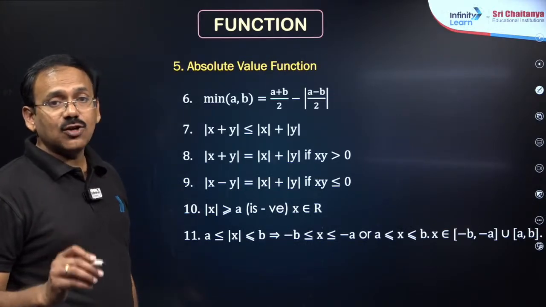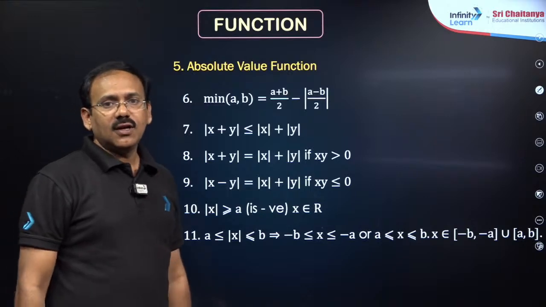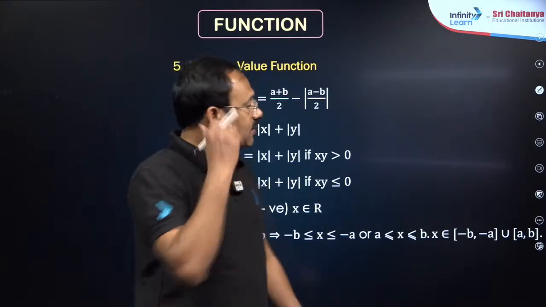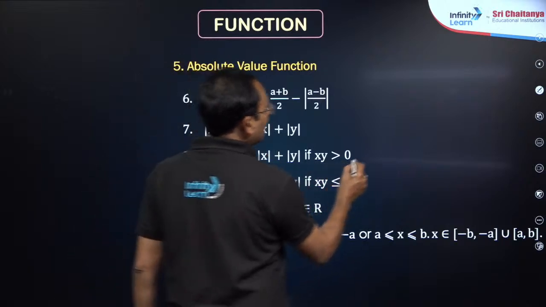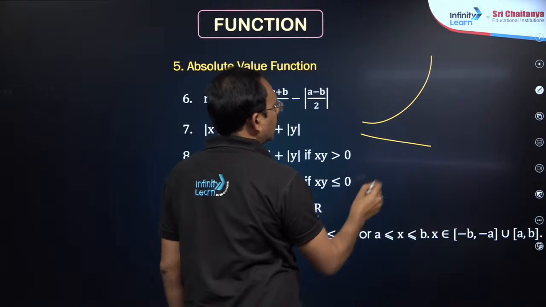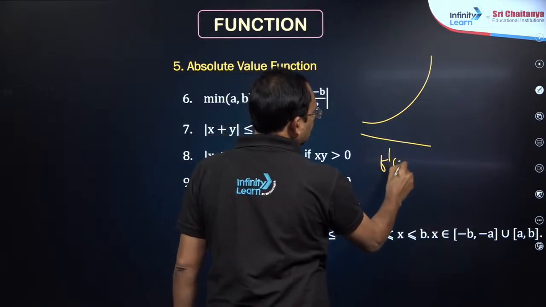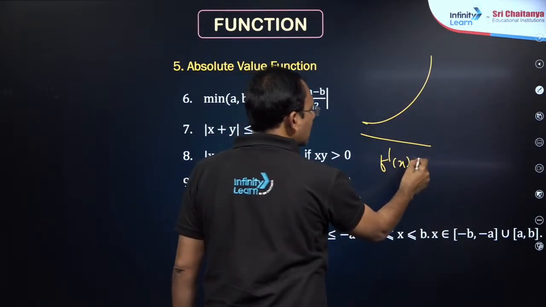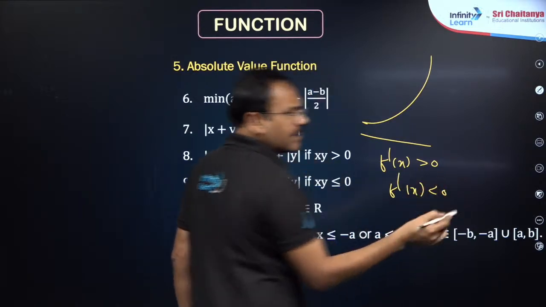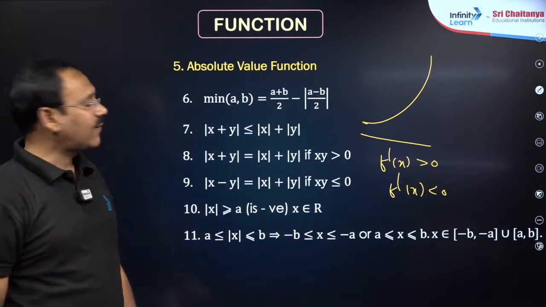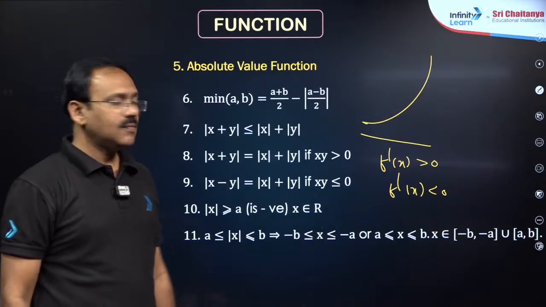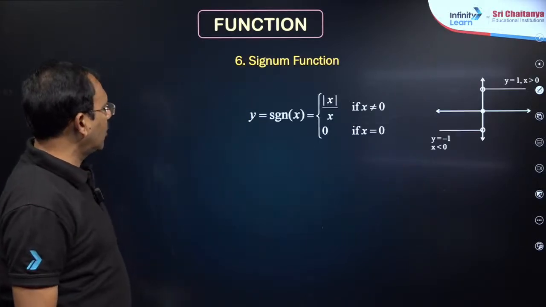A function is said to be 1-1 if distinct elements of the domain have distinct images. That means better we take the derivative, my dear friends. Suppose you see x square, f dash x is taken. If the function is monotonic, derivative is always positive or always negative, maybe 0 here and there. So, the function is going to be 1-1, my dear friends.